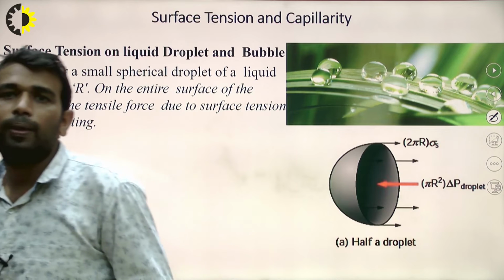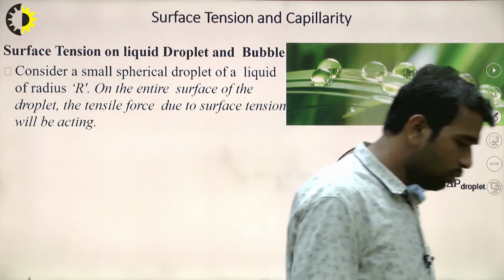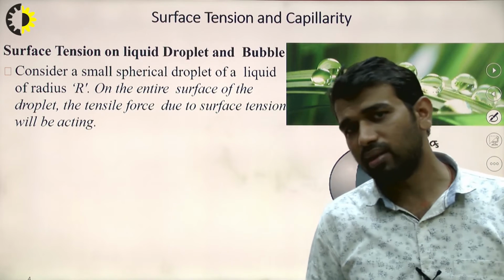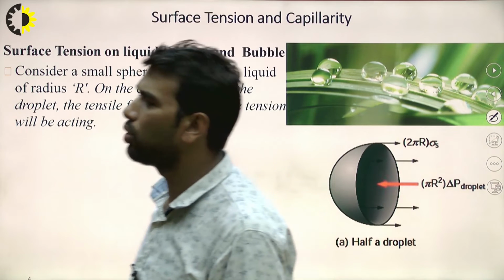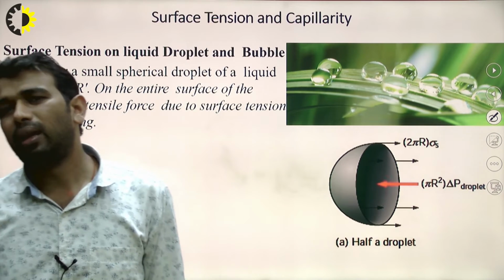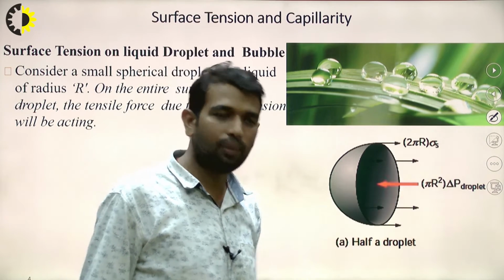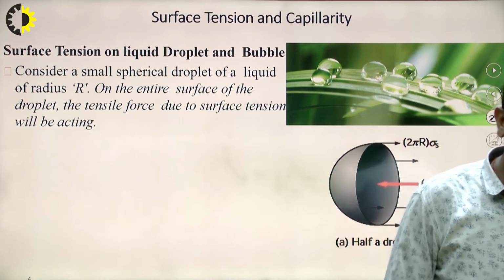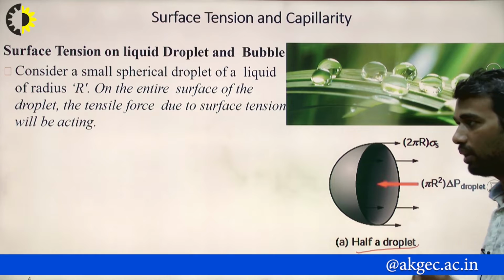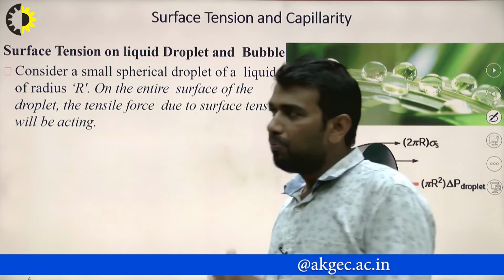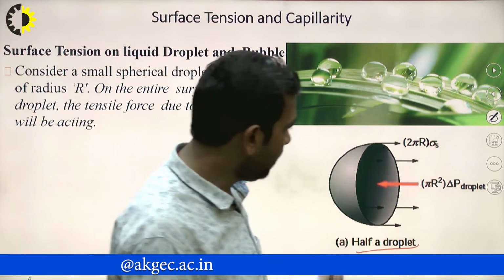So let's move forward. I am going to choose one droplet and cut this droplet in half. Because the force is completely balanced, if you see the complete sphere, you are not going to get any unbalanced force. So if the complete force is balanced, it means the first half of the force as well as the second half is also going to be balanced. To observe this phenomenon, I cut this droplet into two equal parts. We call it a half droplet. We are already familiar that the surface tension acts at the surface of the sphere.